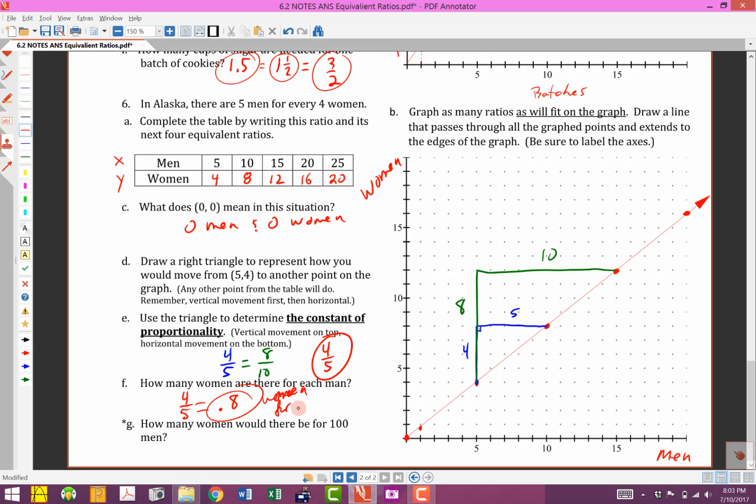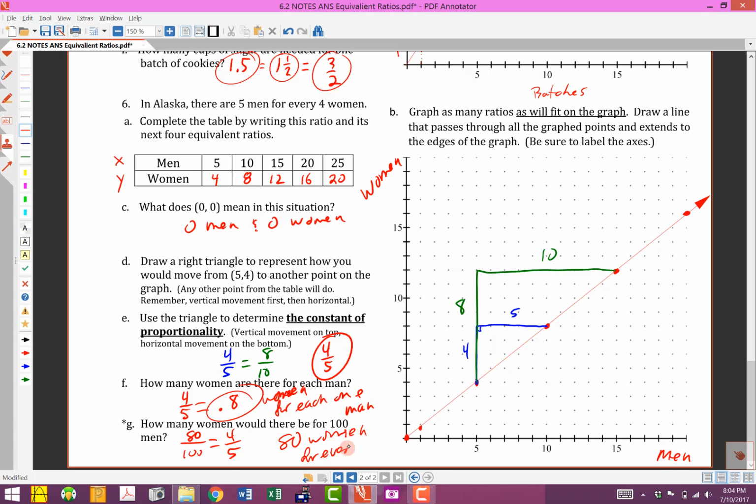for each one man. Now, that seems like a dumb thing to ask, because you can't have 0.8 of a woman. But if we were to do something like this, how many women would there be for 100 men? Well, let's see. If men were the denominator, if that was 100, and the numerator for this one was 4, and that was a 5, well, we would times by 20 to get this. We'd times by 20 to get that. So that would be 4 times 20 would be 80. And look at that. 80 hundredths, or in other words, 8/10. So there would be 80 women